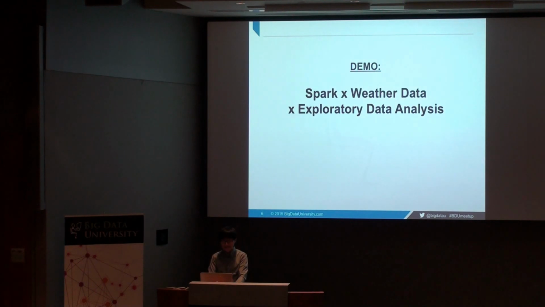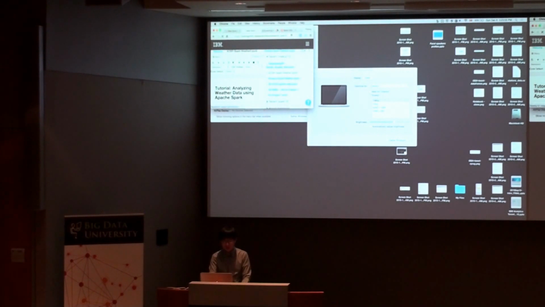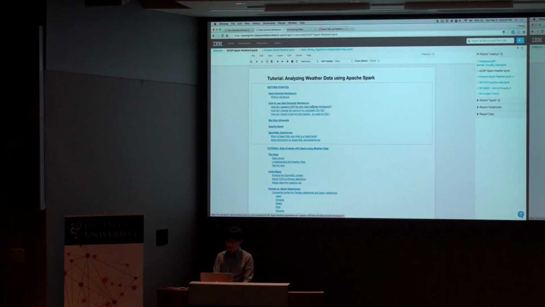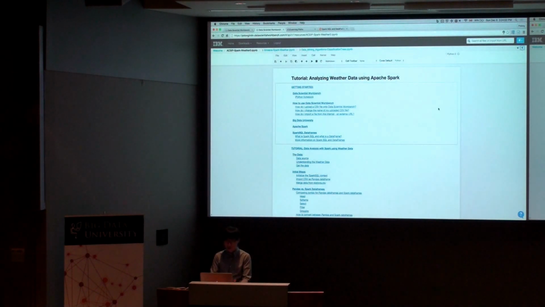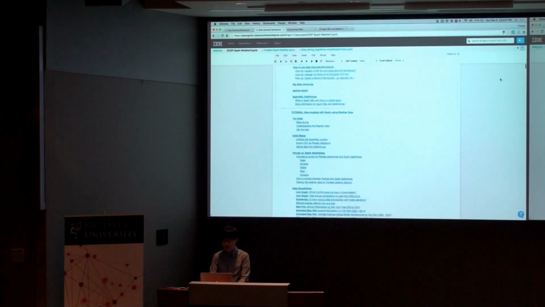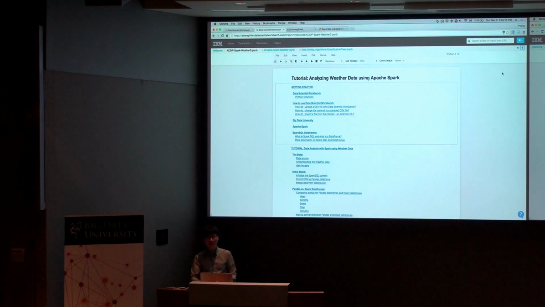Okay. So to demo this, I'd like to go to Data Scientist Workbench. We've prepared a tutorial, more of an outline of everything, so it includes all the code and the documentation. This is a very, very long notebook. If you look at the side here, it's enormously long. So I'll try to go through this relatively quickly, and I'll try to see if you find it easy to follow or hard to follow. Please let me know. I'll go through a little bit of code and do more demos. So less code, more demos. But if you want more code, maybe we can do some more events in the future.